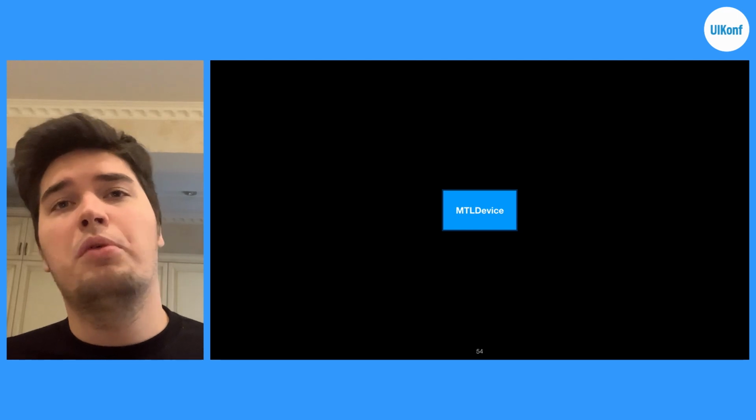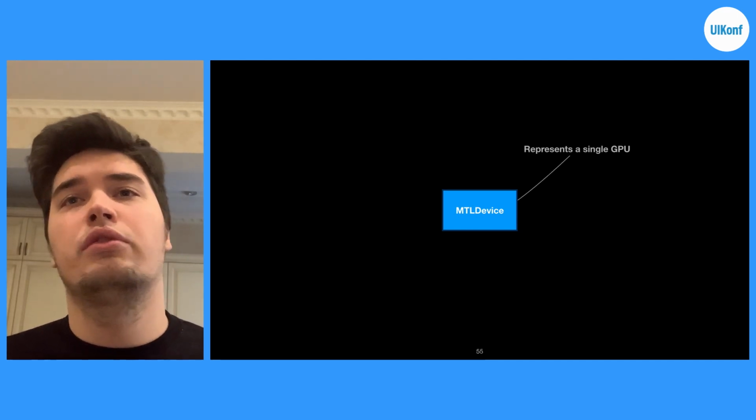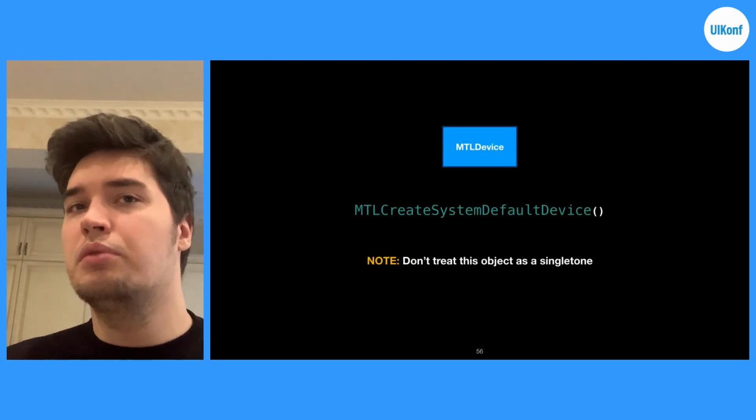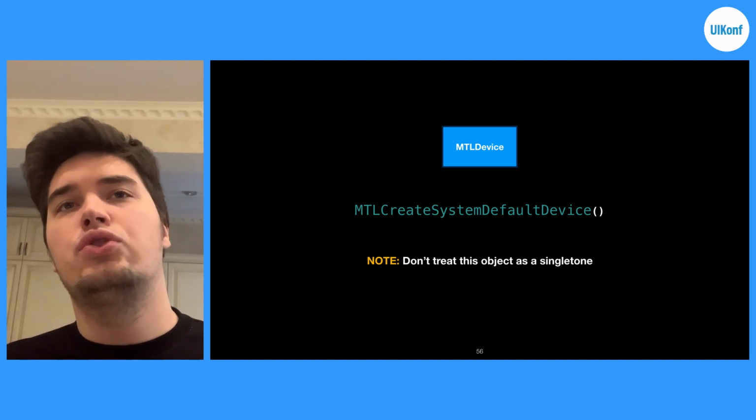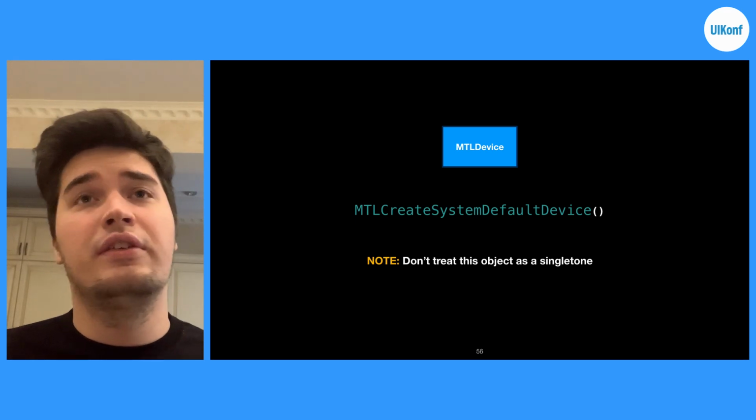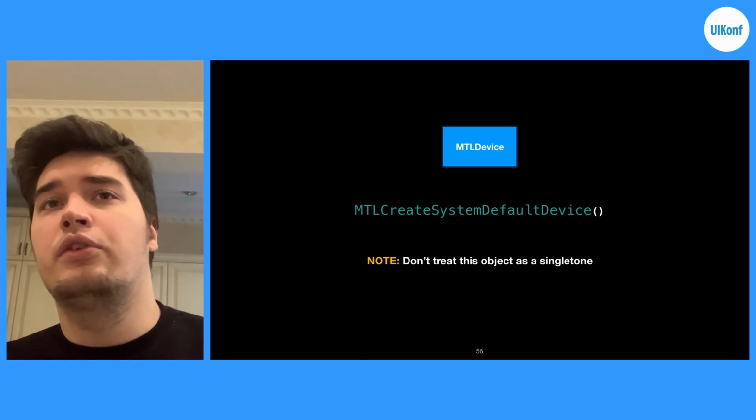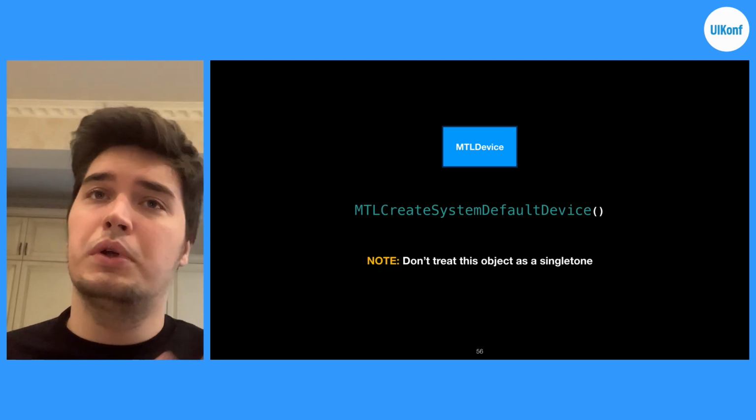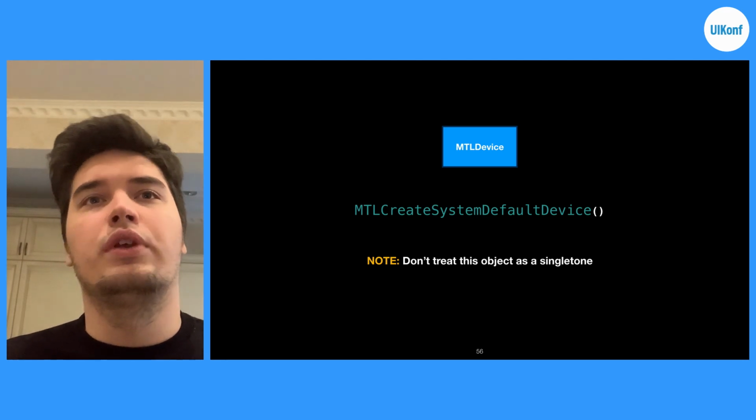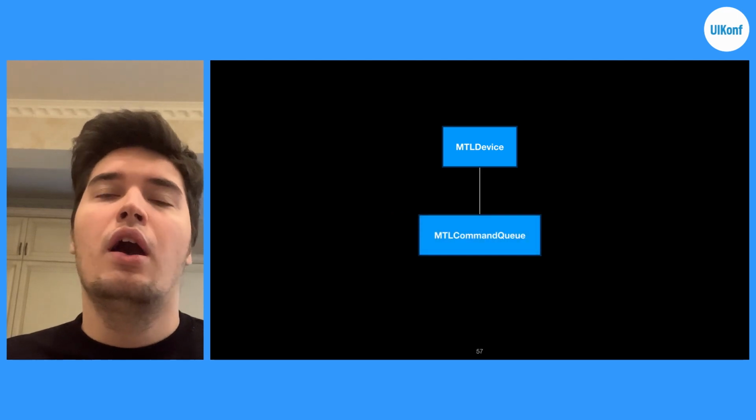The core part of the Metal API is MTLDevice, which represents a single GPU. You usually get it with a system function, but you shouldn't treat it as a singleton, even though on iOS, in most cases, in 100% of cases actually, it is. iOS devices only have a single GPU, but when you program with Metal on a Mac, it can have like 4 GPUs, and treating your device as a singleton is not the best approach. And moreover,